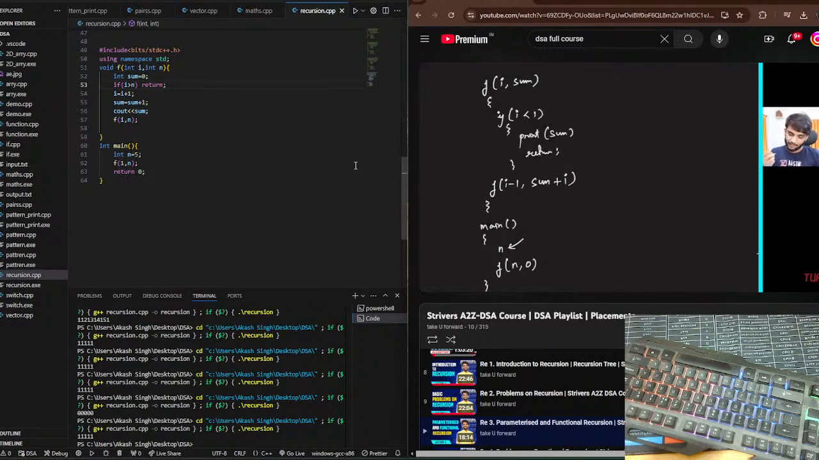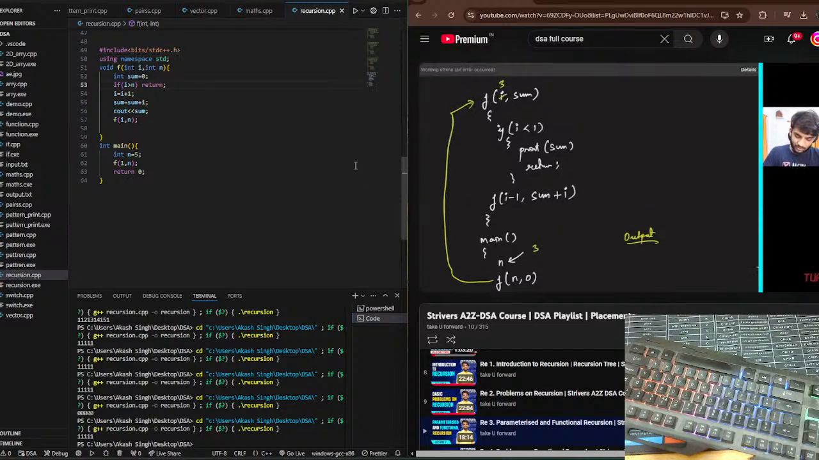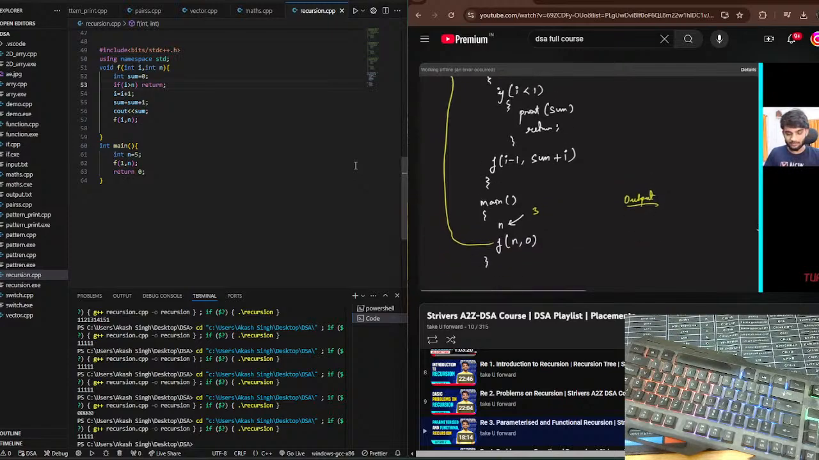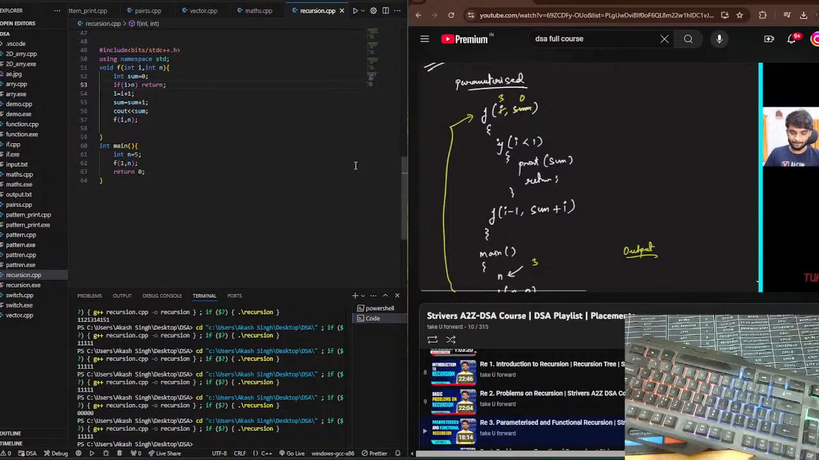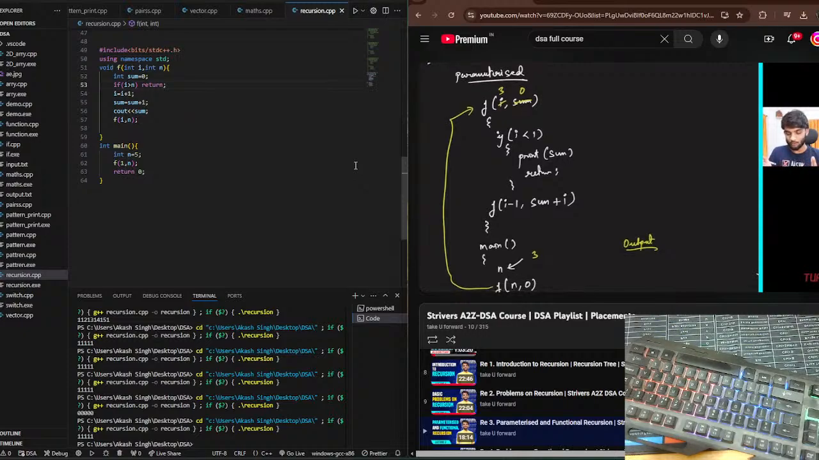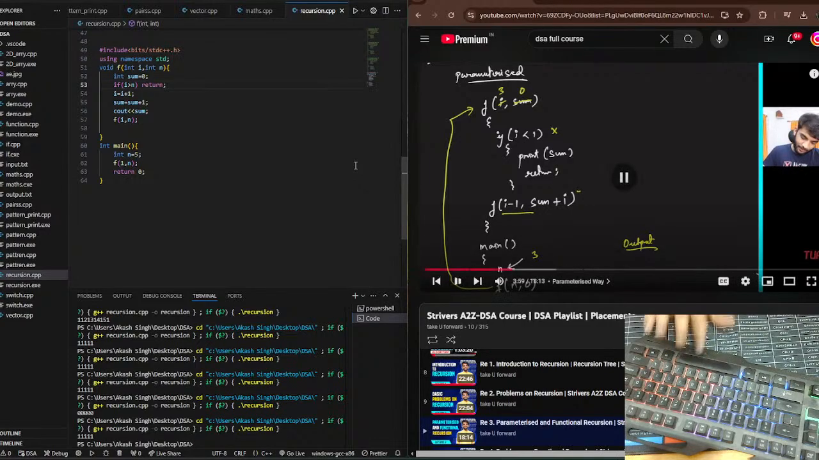Now for an example, let's assume this is the output screen, and let's assume n is given as 3. So what I'm calling for the first time is I'm saying I to be 3, sum to be 0. Right? That is what I'm saying. I to be 3 and sum to be 0. This line is not executed. This line is executed, and it thereby